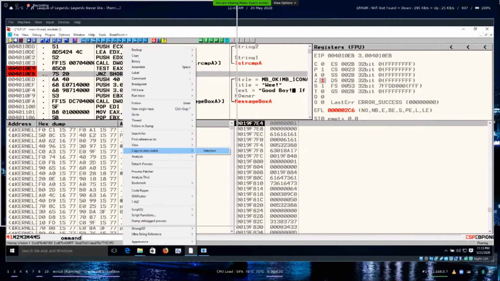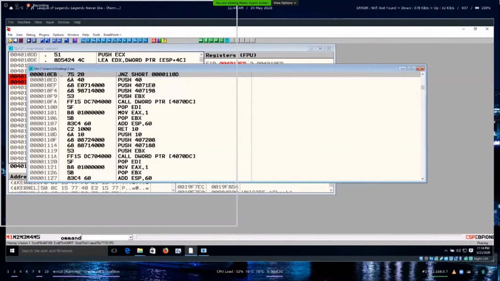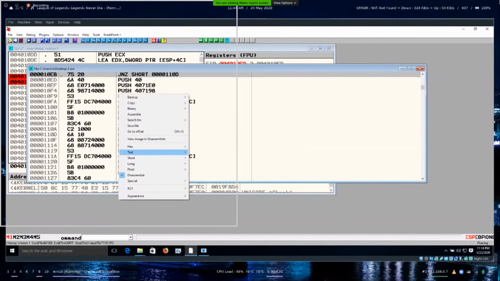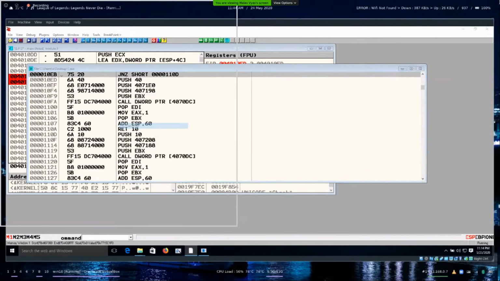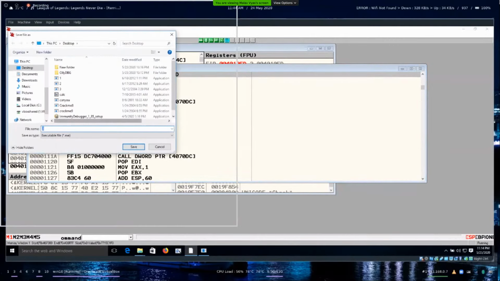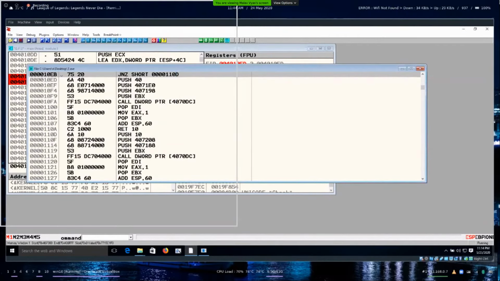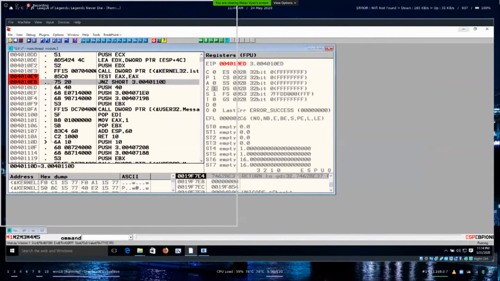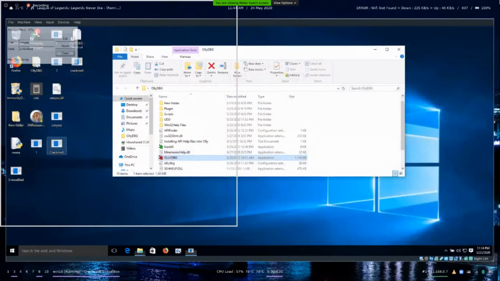Another thing I wanted to show: you can copy the modifications you have made to another exe, like a patch. You can save the file.